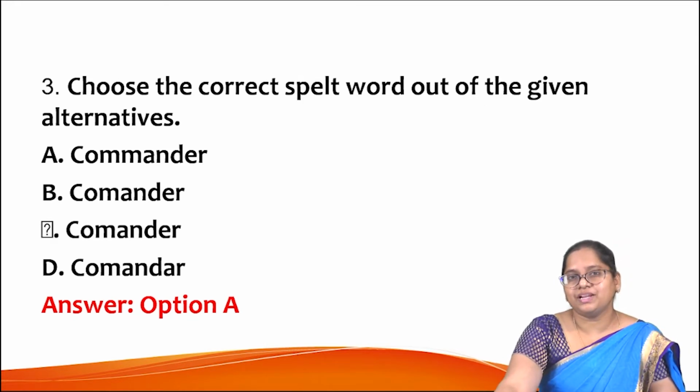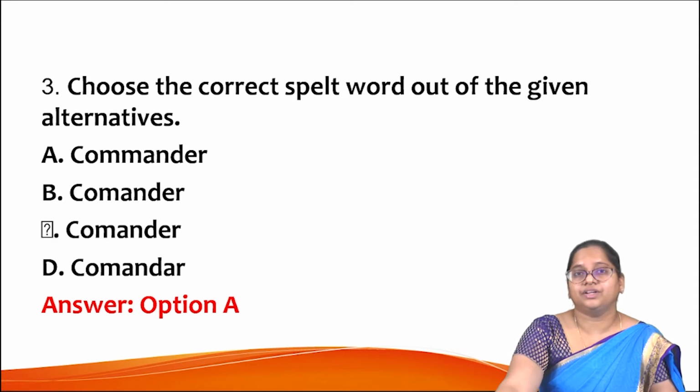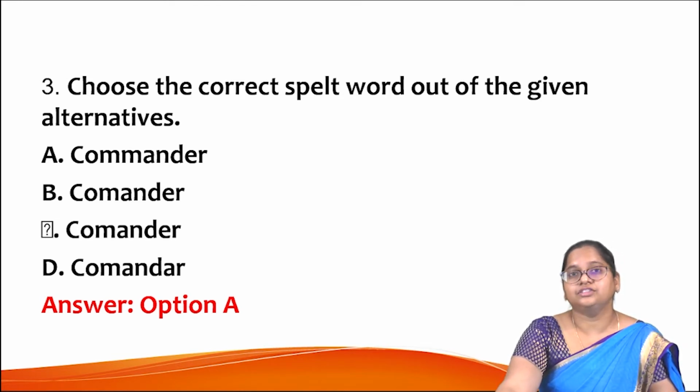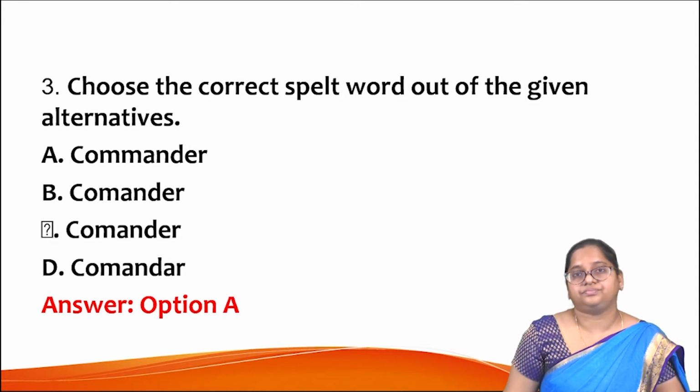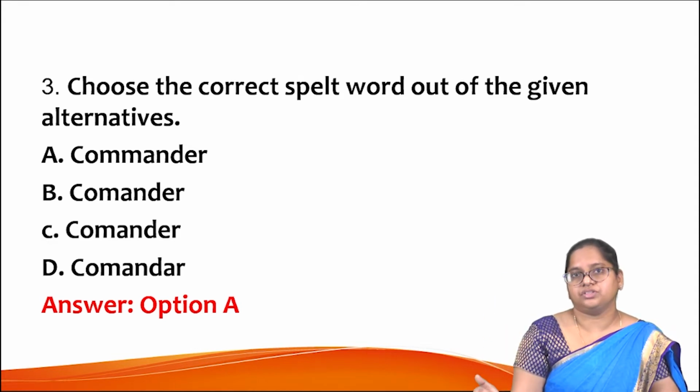Choose the correct spelt word out of the given alternatives. A, commander, C-O-M-M-A-N-D-E-R. B, commander, C-O-M-A-N-D-E-R. C, commander, C-O-M-A-N-D-R. D, commander, C-O-M-A-N-D-A-R. So when you look at these options,